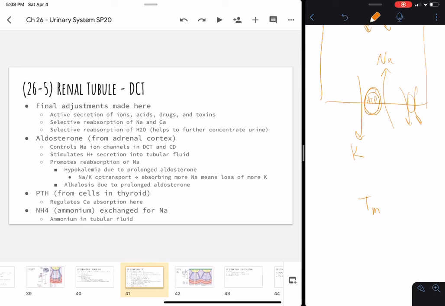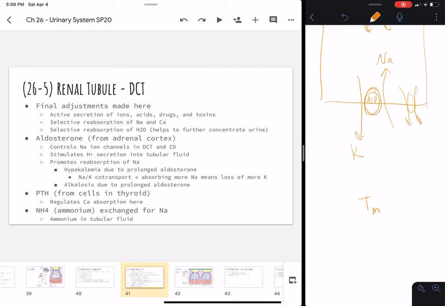We also talked about parathyroid hormone and how parathyroid hormone is promoting calcium reabsorption here. I always know it's antagonistic to calcitonin, and I remember calcitonin is bone-in, so we're taking calcium out of the bloodstream and putting it into the bone, so we're decreasing the amount of calcium that's available in the blood. Versus parathyroid hormone is going to do the opposite. We want to get more calcium in the bloodstream, so therefore we need to pull it out of the tubular